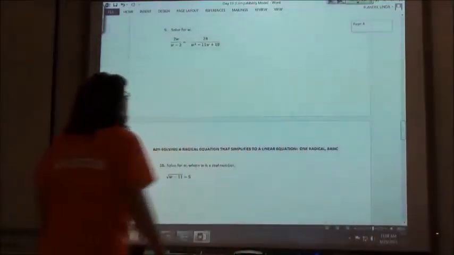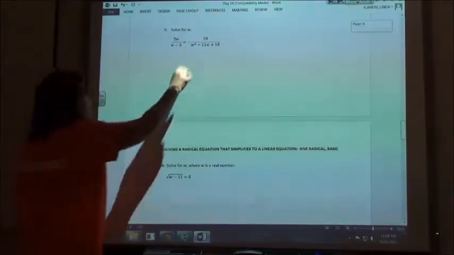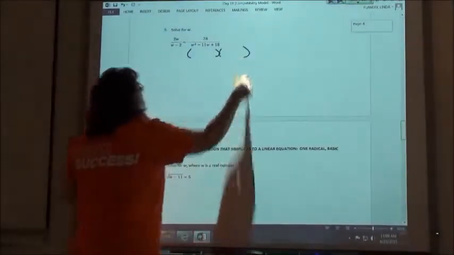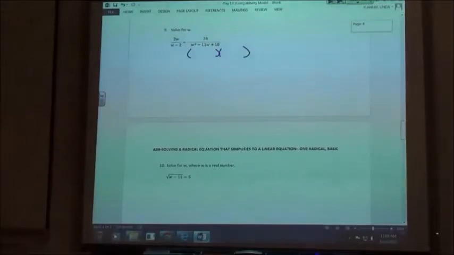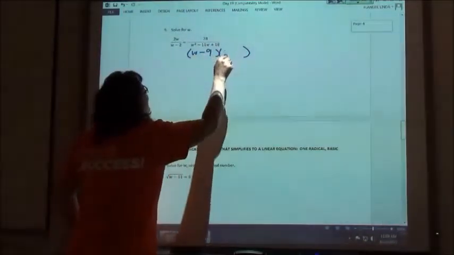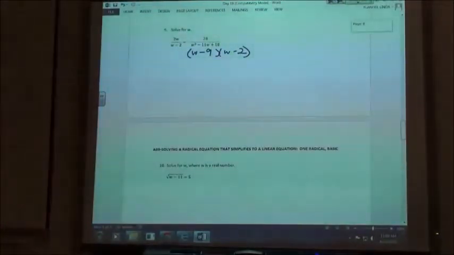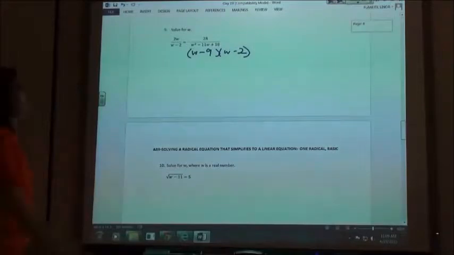So, number 9, if I factor out my right-hand side here, how does that factor? That's minus 9, that's minus 2. W minus 9 and W minus 2. So my restrictions would be